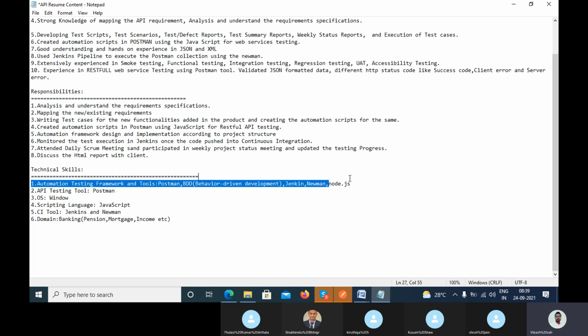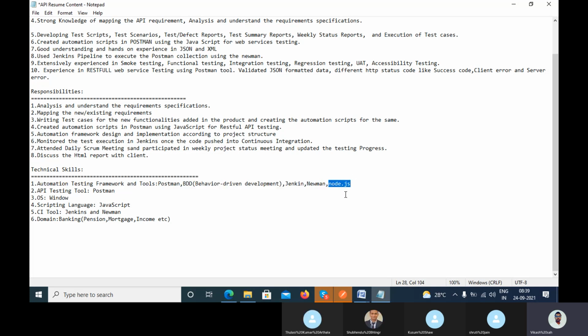So that's why you have installed Node.js on your machine. After that you install Newman. After that you are executing your Postman collection using Newman, right? Which we have already discussed, right? API testing tool, what tool have you used? The Postman tool you have used to do the API testing.